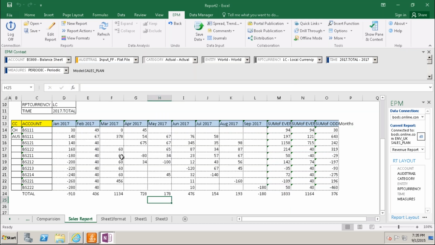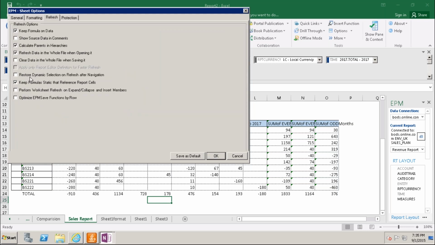Whenever we are using static reports, this will keep the formulas when you refresh. Then, if you click this one, perform worksheet refresh on expand and collapse under insert members.